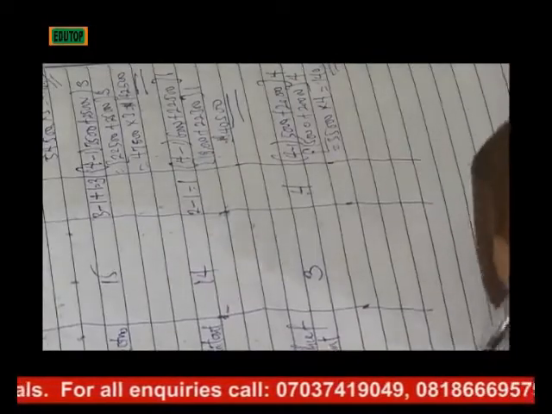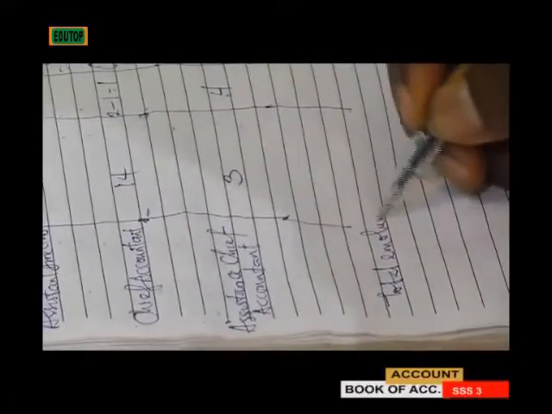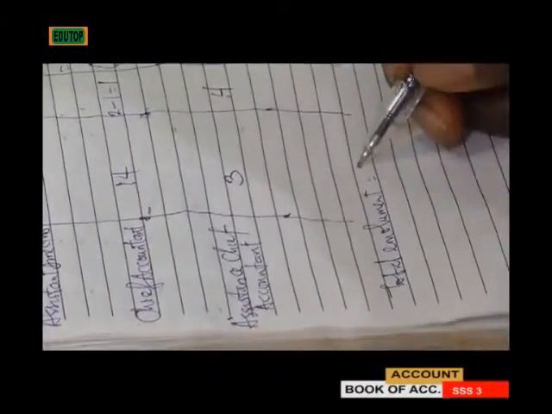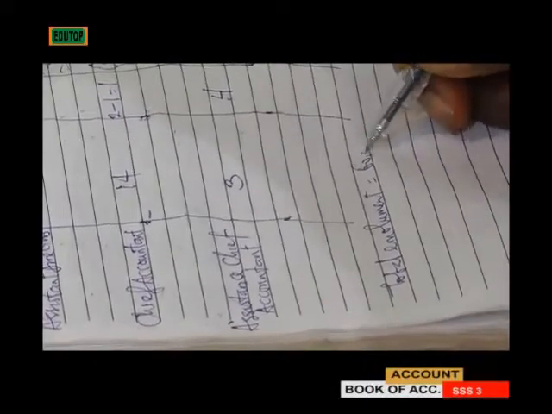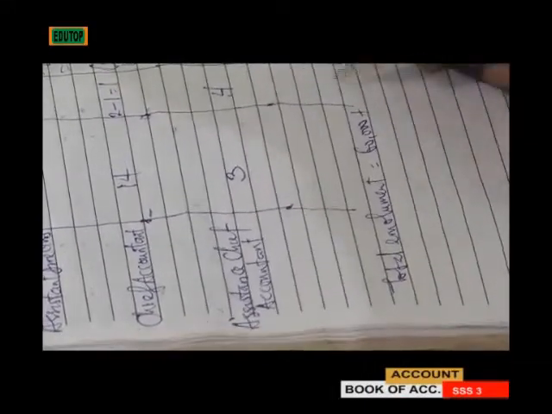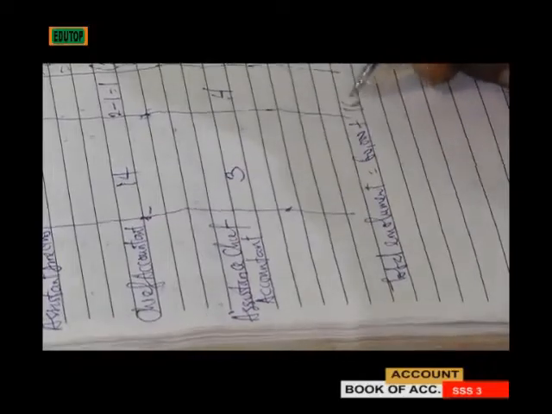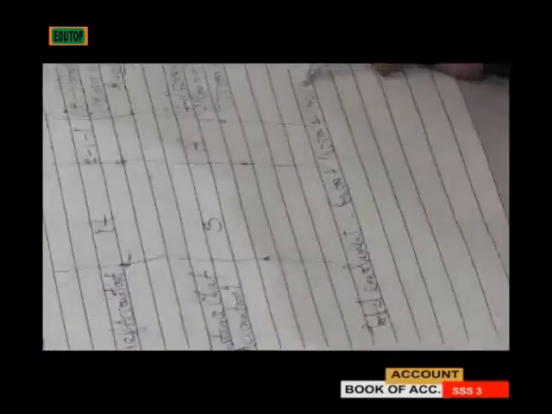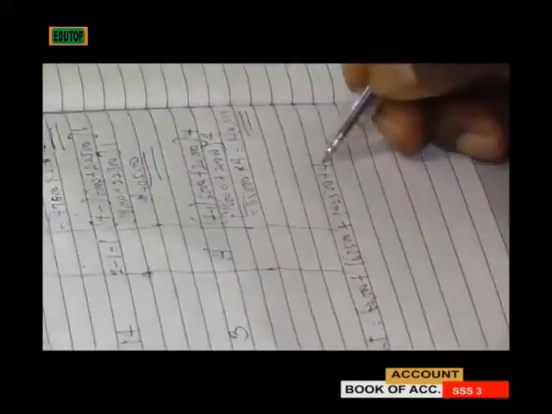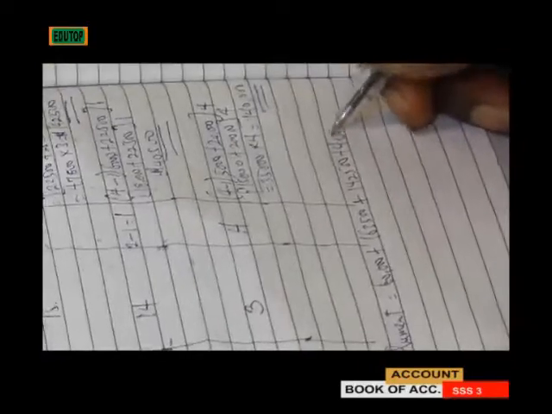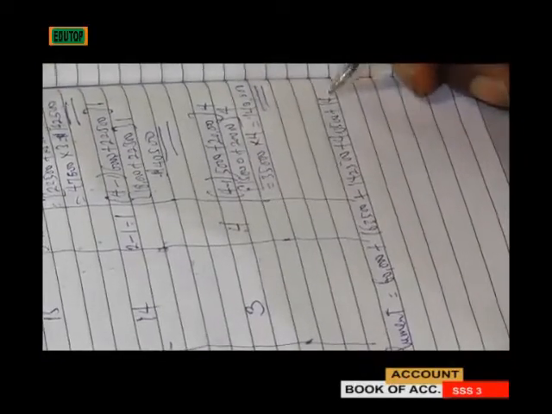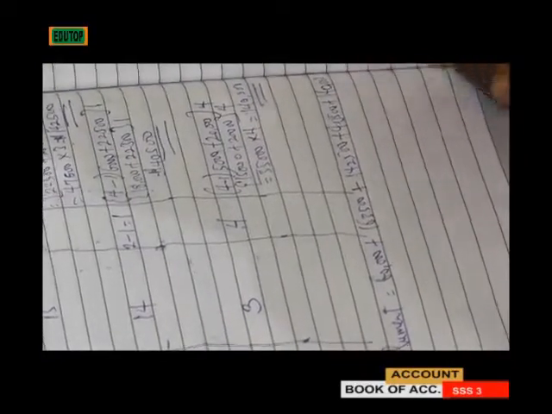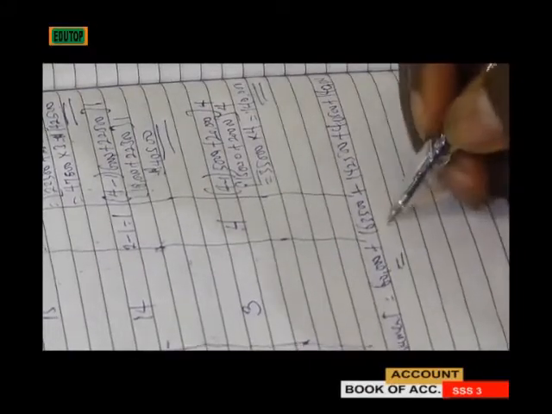So you just write total emolument. So 60,000 plus 163,500 plus 142,500 plus 40,500 plus 140,000 is equal to 5